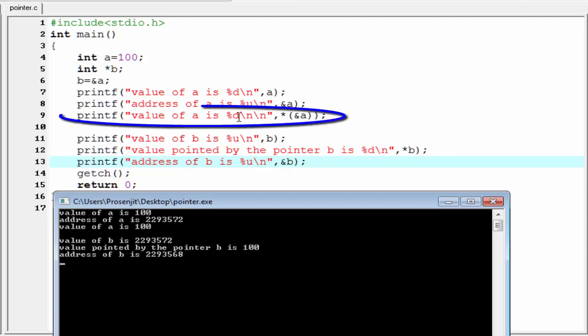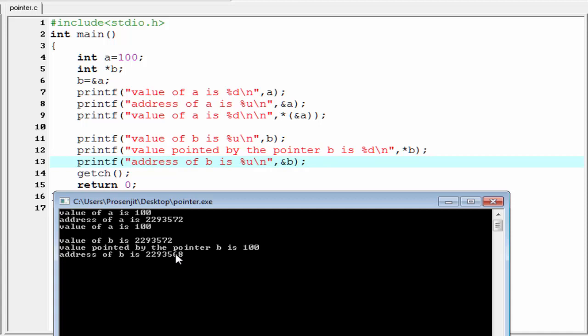Next it executes this statement and prints value of a is 100. Here &a indicates the address 2293572. Star of 2293572 indicates the value stored in the memory location 2293572. That's why it prints 100.